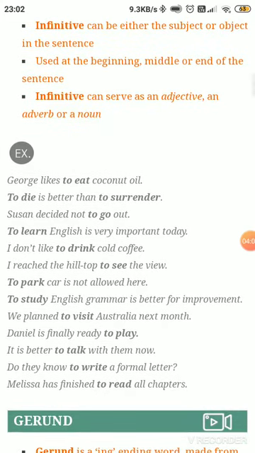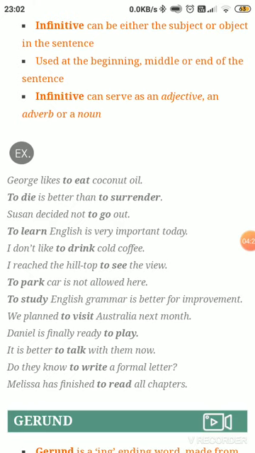I don't like to drink cold coffee. Now what will be the answer? I don't like drinking cold coffee. I reached the hilltop to see the view. I reached the hilltop seeing the view. To park car is not allowed here.